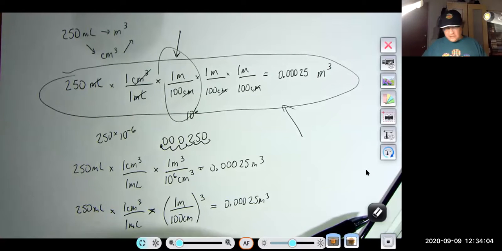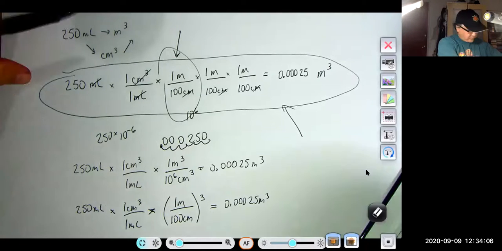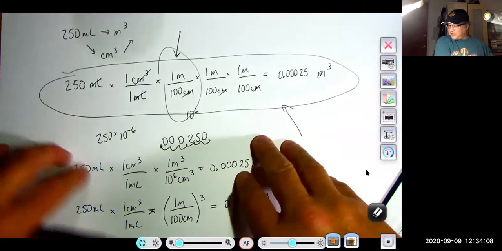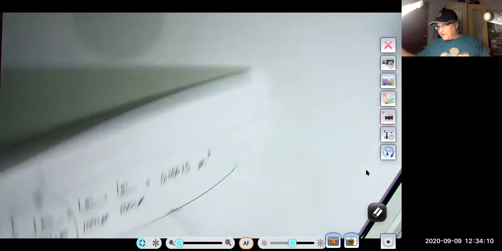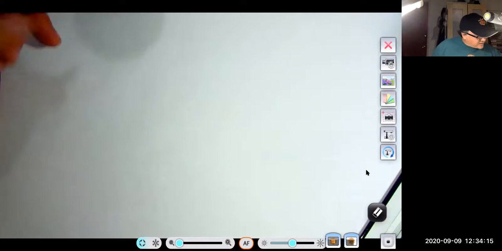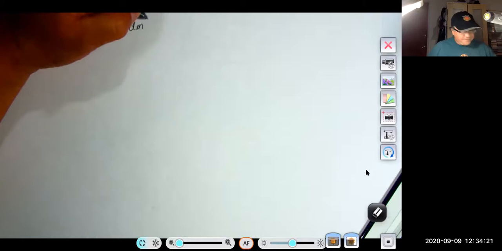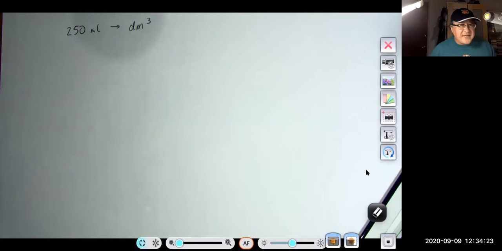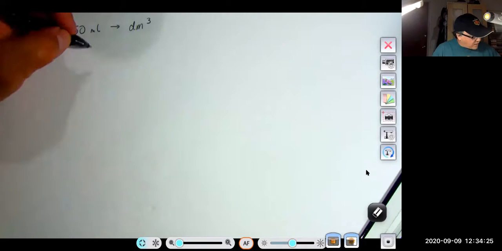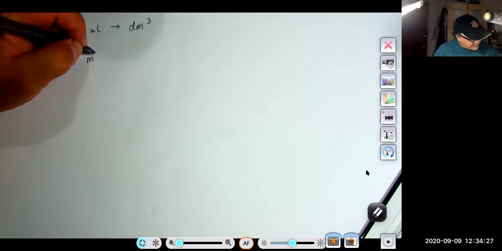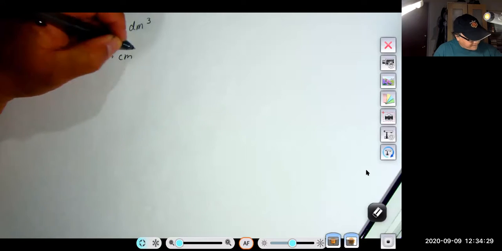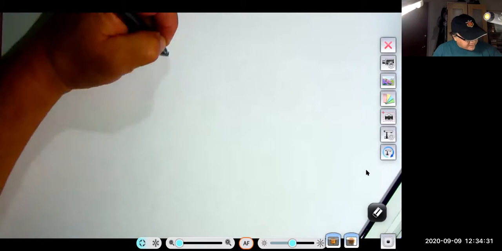Okay, let's take a look at another problem then. Oh, we did not finish this problem, did we? There is one more thing. We need to take the 250 milliliters and convert it into decimeters cubed. So what would be the tack that I would take here? Well, I'd take the milliliters, turn it into centimeters cubed, then the centimeters cubed, turn it into meters cubed, then